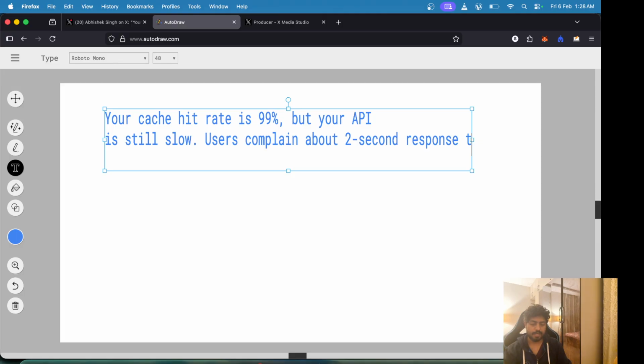Then we will make a call to the payment service. This is a third party call, a third party dependency, while the database update is our internal system. Once the payment call is successful, we will then end this transaction.